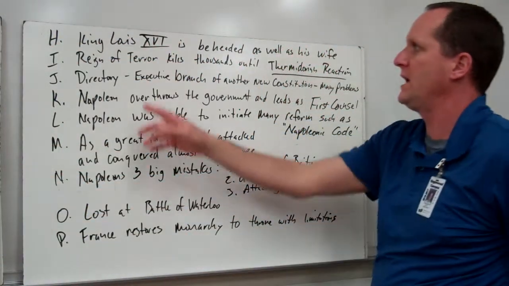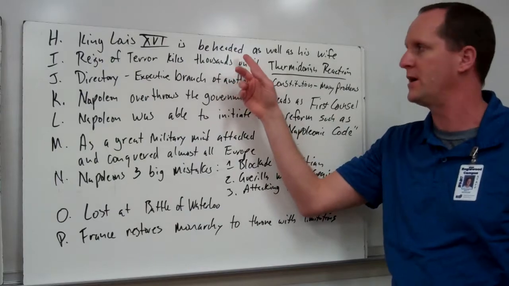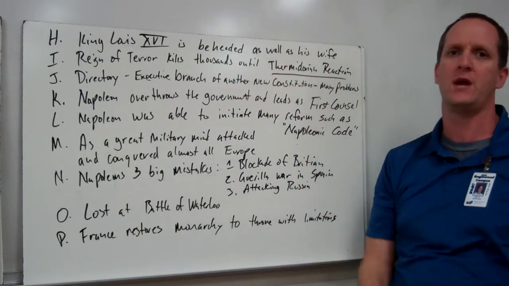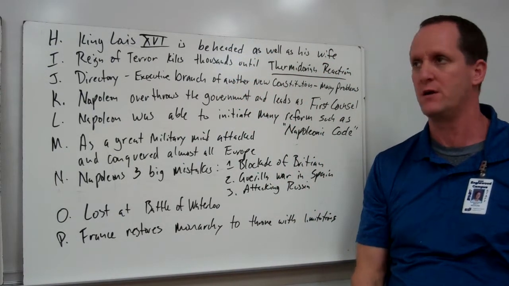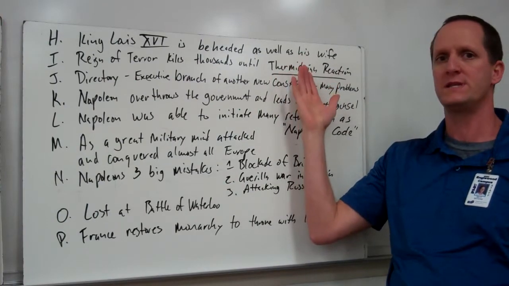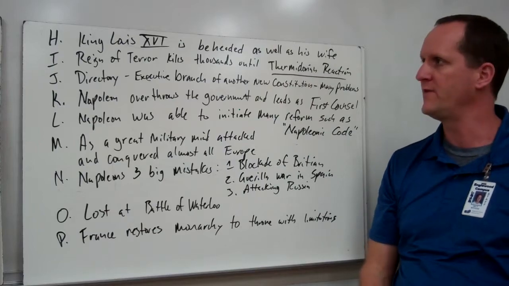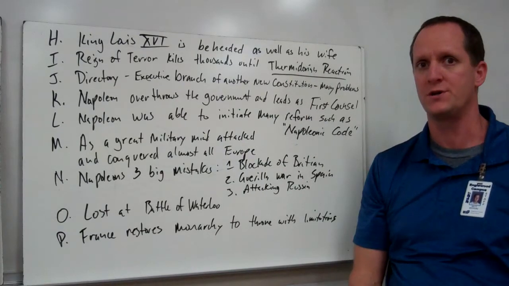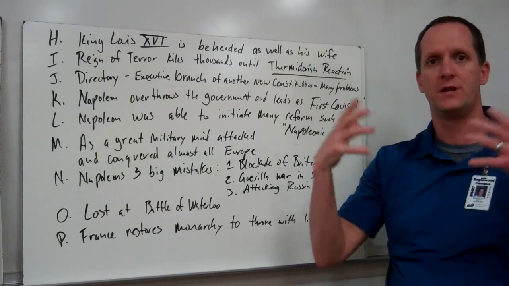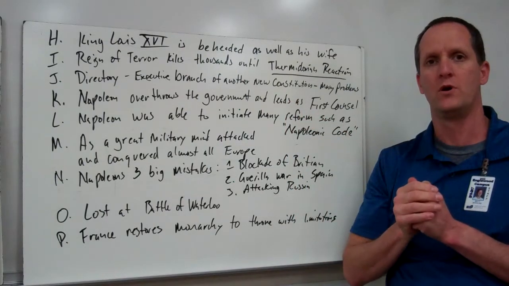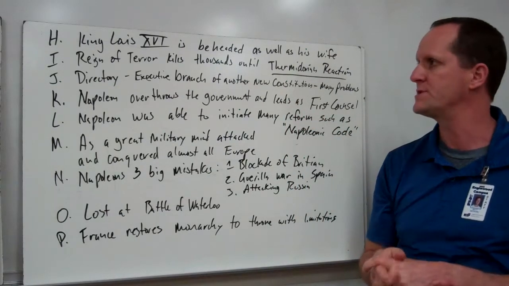And that's when they thought up the old guillotine and started chopping people's heads off right and left. King Louis XVI is beheaded. See you later, King. As well as his wife, Marie Antoinette. And she was from Austria. So this Austrian princess has her head chopped off by the revolution. It obviously didn't make people in Austria too happy. And so then France starts to go to war with Austria and some of its surrounding neighbors.